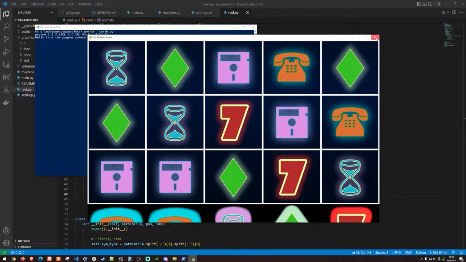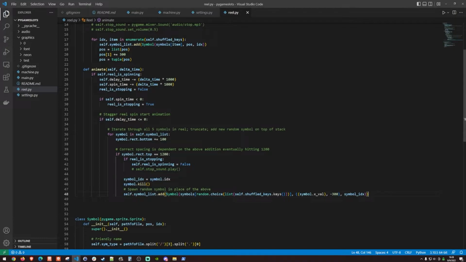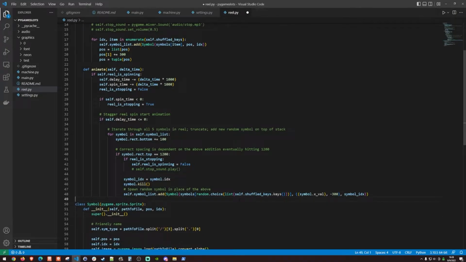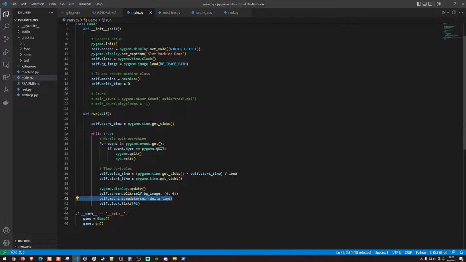Okay, so there's no errors. The only thing is this isn't actually being called at any point. So I'm going to tidy this up a bit, and then I'm going to go back over to my main.py. So we're not actually getting any input at all. The only thing that we have for events are basically, you know, when an exit happens, we actually quit the